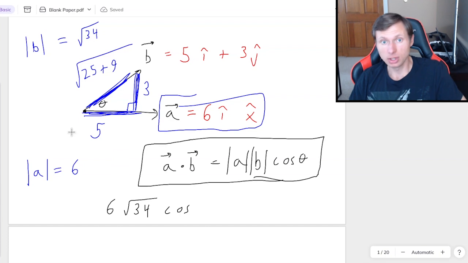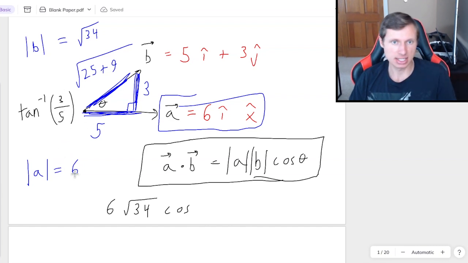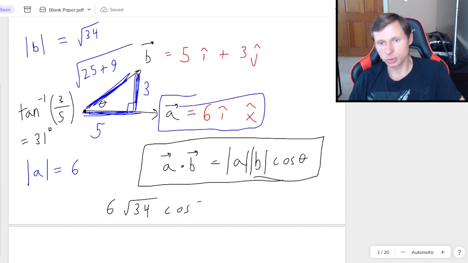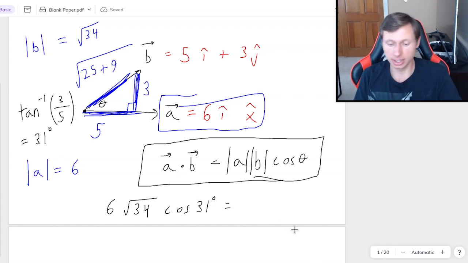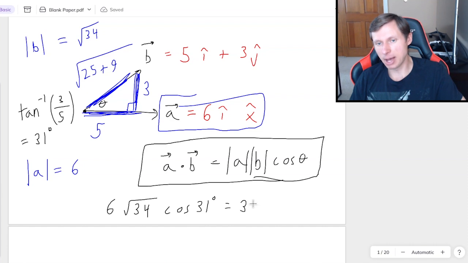If you want that angle, I would recommend doing inverse tangent of the opposite leg 3 over the adjacent leg 5. This is from geometry. If it doesn't make sense, review arctangent, arcsine, arccosine. But you plug inverse tangent of 3/5 in a calculator, you'll get about 31 degrees, which will go right here. And then you can plug 6 root 34 cosine 31 in a calculator, and you'll get that that's about 30